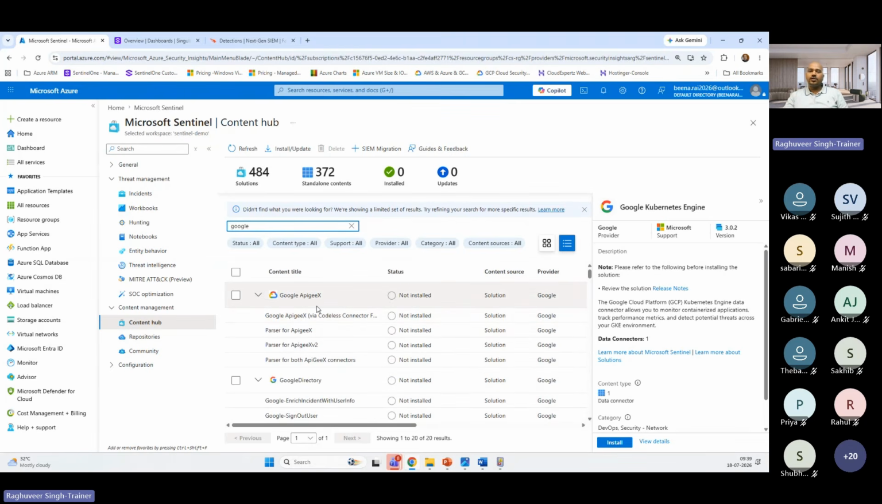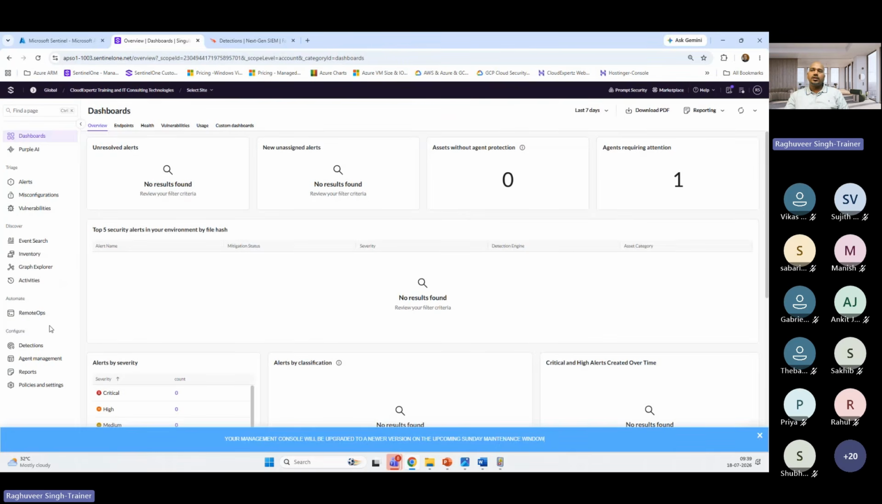These are known as cloud native connectors. By using these connectors, you can directly configure ingestion from your cloud service providers, and you can define what kind of data you want to ingest into the SIEM solution. Same is the case with SentinelOne. In SentinelOne, if you navigate to